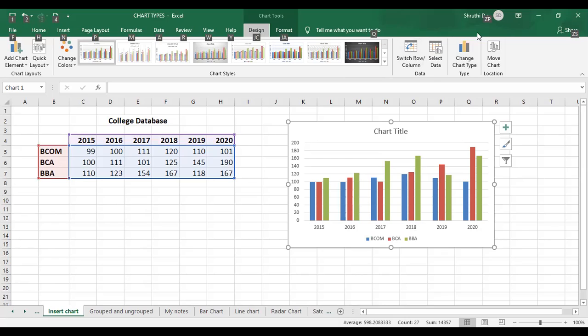So if I want to insert it into a different chart sheet, which one should I use? The shortcut.